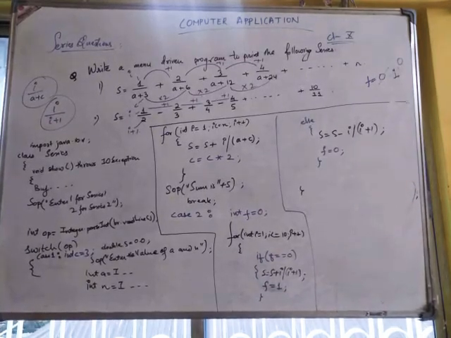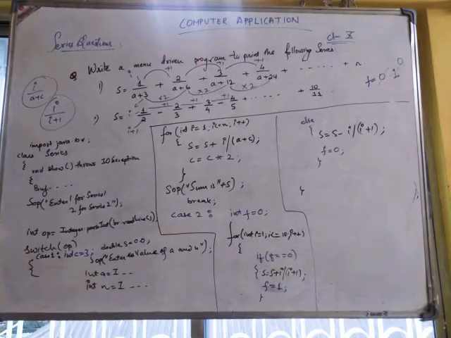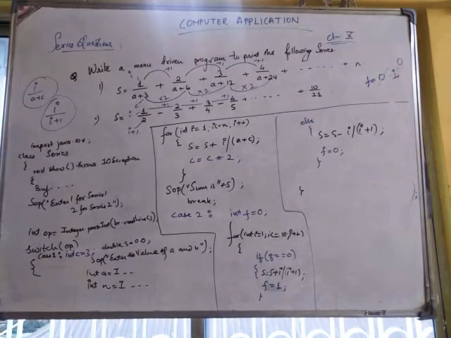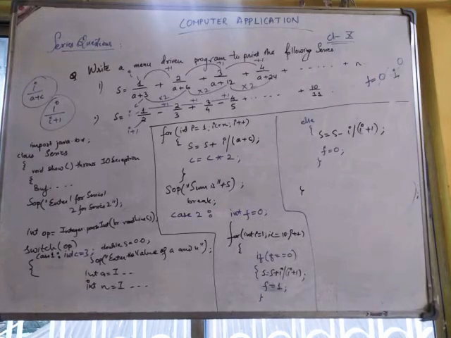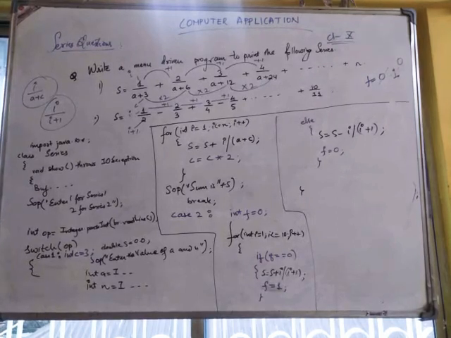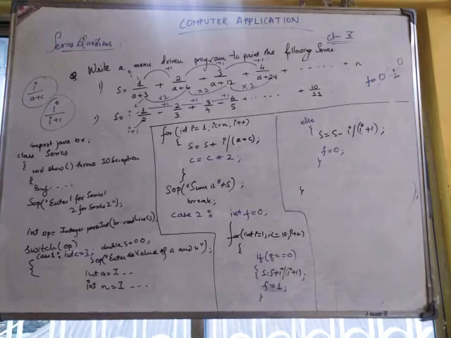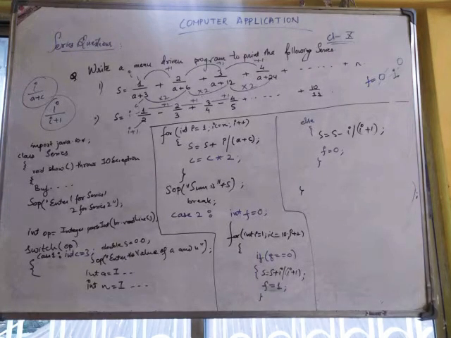Clear to all of you? For the third term, after the second term, the third term is 3 by 4. f is 0, so again it will go in the if block and get added. So plus 3 by 4 will get added, and again f will change to 1. This way plus and minus terms will get added one after the other. First plus, then minus term, again plus term, then minus term. It is just doing on and off. The f variable here is the flag variable which is doing on and off for adding the plus term and the minus term. The first term is the plus term, so we are adding s equals s plus I divided by I plus 1. The second term is the minus term, so we wrote s equals s minus I divided by I plus 1.